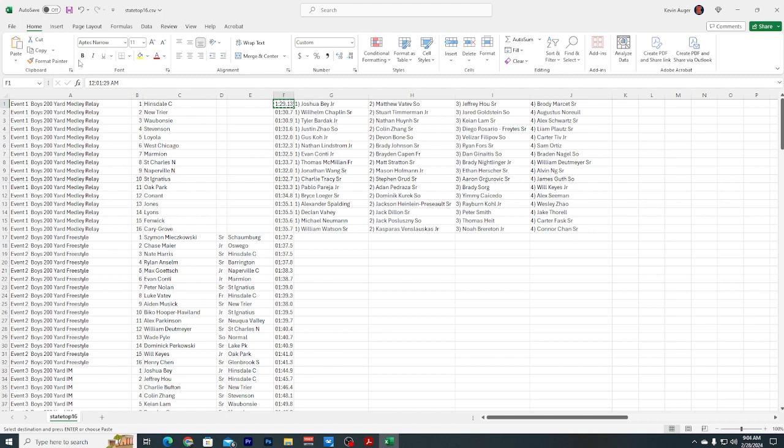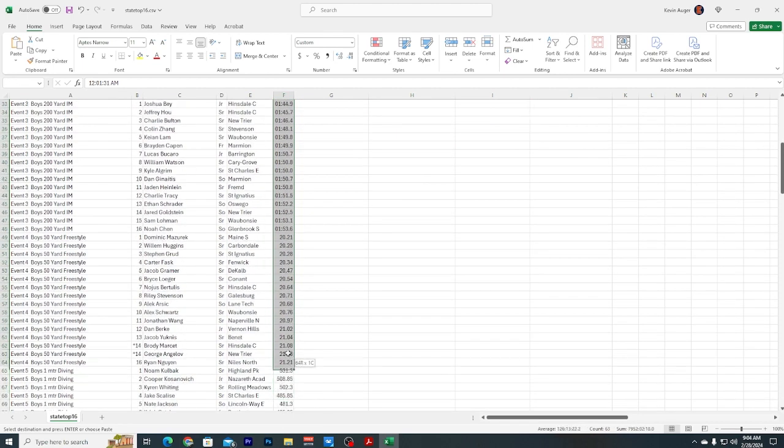So that's the copy. You could also just come up here and click copy. Okay, now you're copying this. What you're going to do is then highlight all these numbers that are also in the wrong format, so basically all the way down to the end of the 200 IM. Go over to where it says paste, click on that drop down, and you're going to come down here to